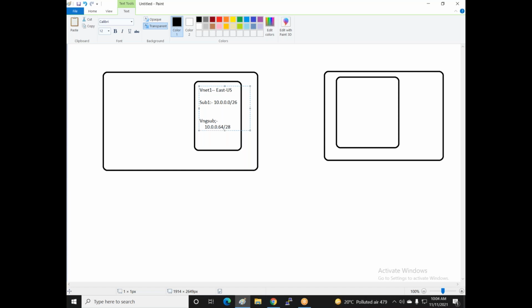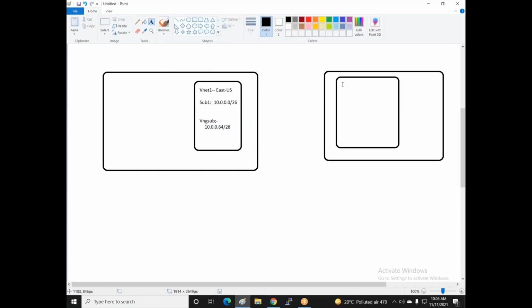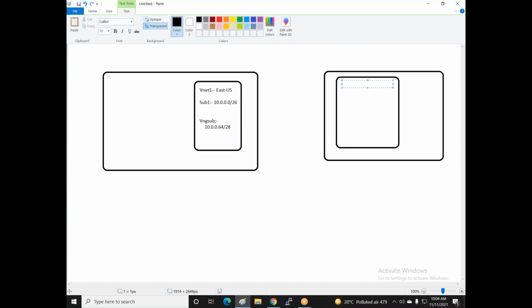Yes. Now at the same time I create one more VNet, VNet 2, in Central India.